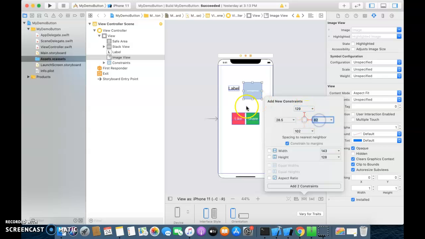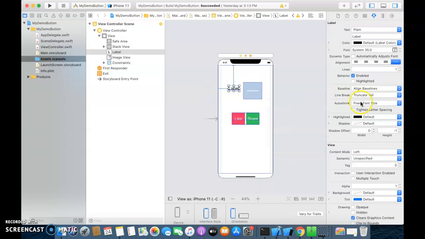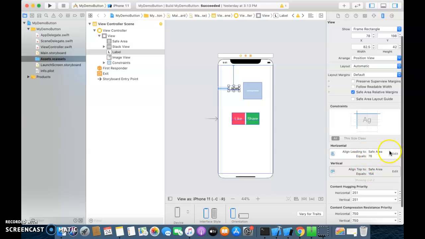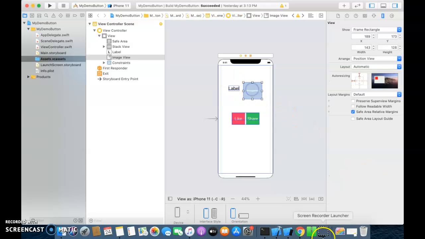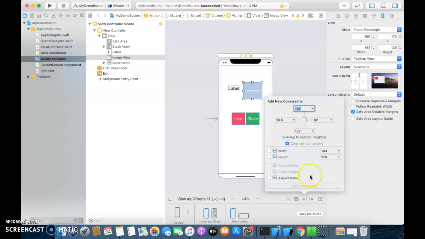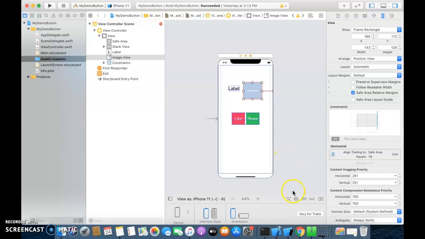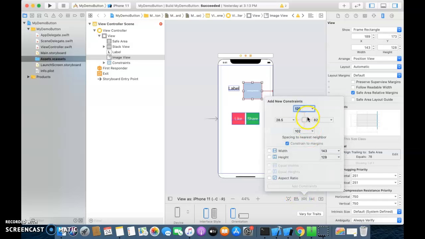Trailing will be equal to the leading of the UI label, and that was 78. So we will provide a trailing of 78, and the top will also be equal to the top of the UI label, and it was 154. So I will provide a top of 154 for the UI image view also.